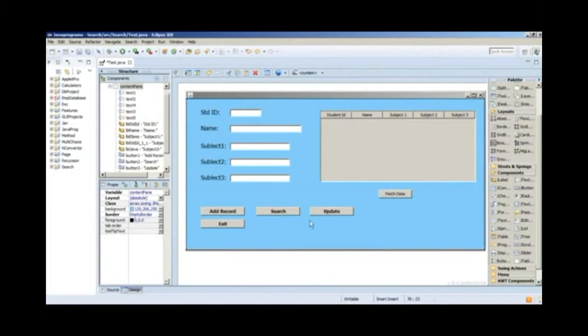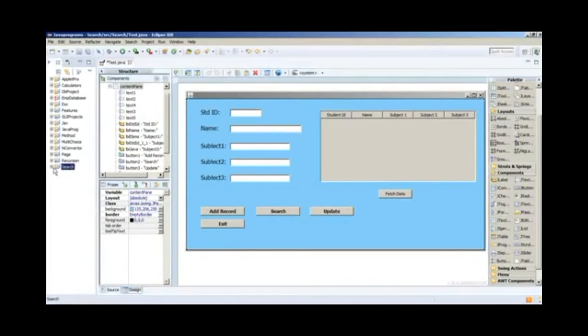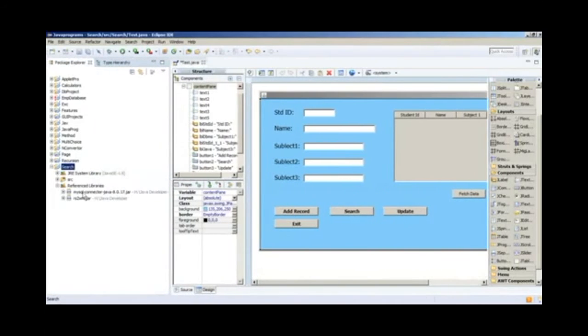Now the most important thing is you need one library file, and I will show you where that file is and how to link it. This is actually my Java class file. Under here I have references. As you can see here, I already have the MySQL connector. Similarly, to fetch the data from the MySQL database into JTable, you need another library file called record set,